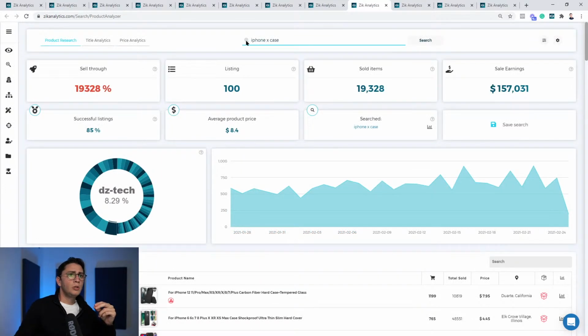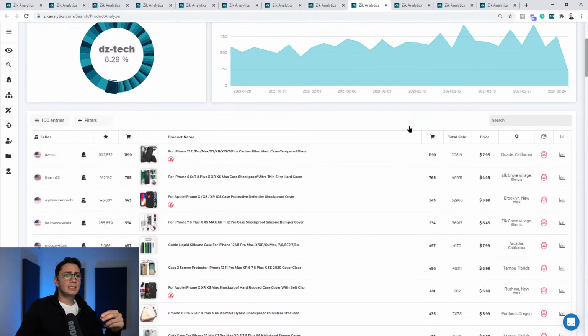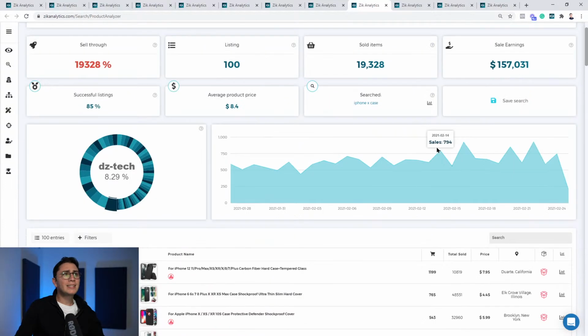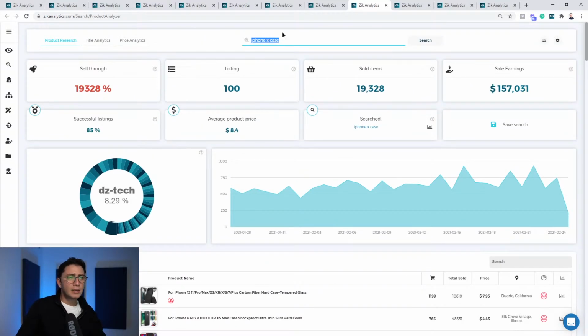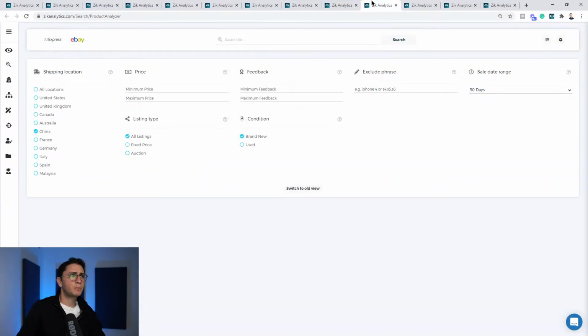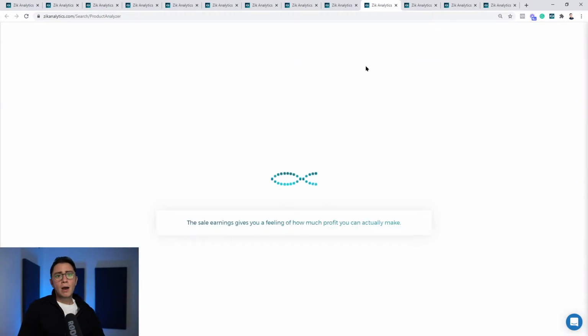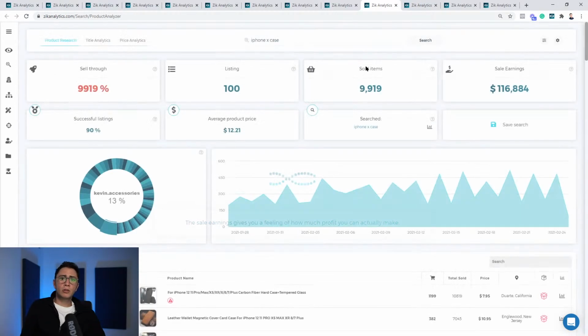Now, you can just do like this, iPhone X case, and just see the first prices. Let's say our friend here said before that he has price issues. So let's say your prices are focused on a specific price. You can do the same thing, iPhone case X. You can say, I want the product itself to be minimum $10, not less than $10, right? I'll go on all location here and I'll hit the search button. Now let's see what we get. We ask for iPhone X cases selling for $10 or above.